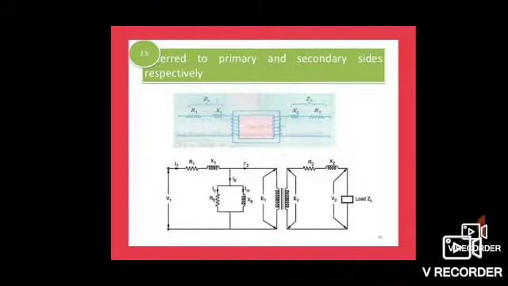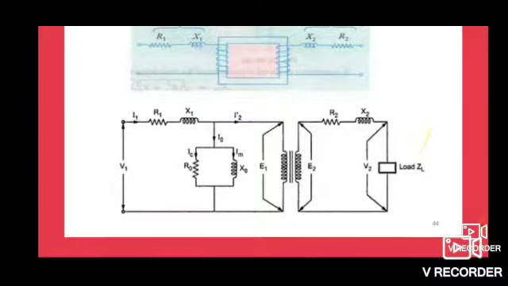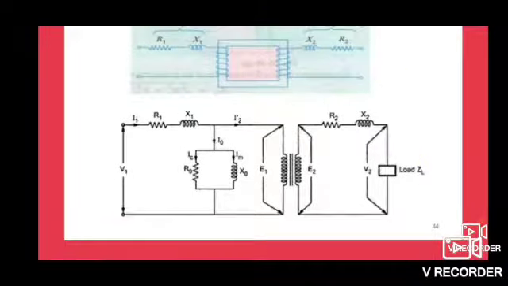See the diagram. It is the equivalent circuit of a transformer on load, referred to both primary and secondary. V1 is the supply voltage, I1 is the primary current, R1 is the primary resistance, X1 is the primary reactance, and I0 is the no load current. IC or IW is the working component current, R0 is the no load resistance, and X0 is the no load reactance. IM is the magnetizing current. I2 dash is the current flowing through the primary coil due to the secondary coil when it is loaded.